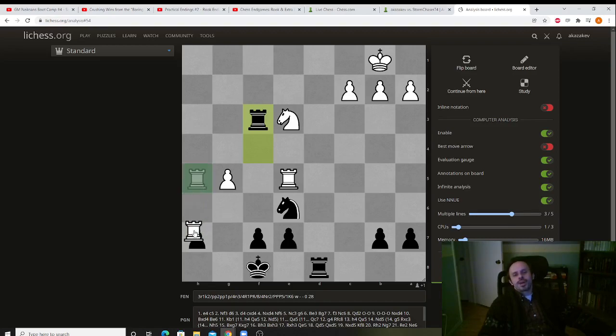And the reason is if white takes, black actually has a cool checkmate. Black can also win the knight, but it's even cooler to check. After the knight takes, the second rook comes with checkmate. For the same reason, rook here doesn't work as well because he has this check and life becomes a lot more complicated. Now,